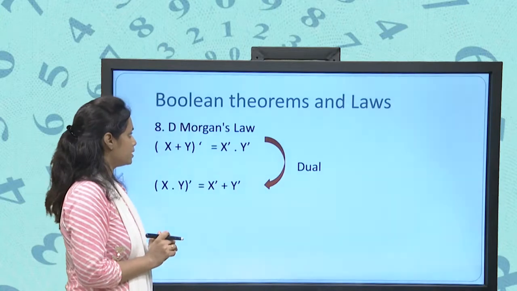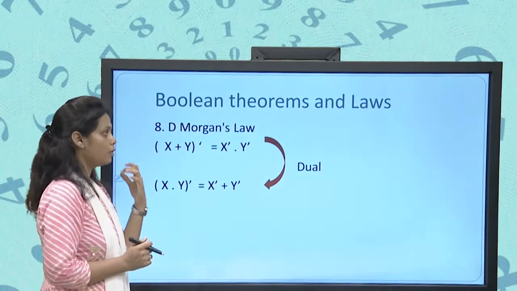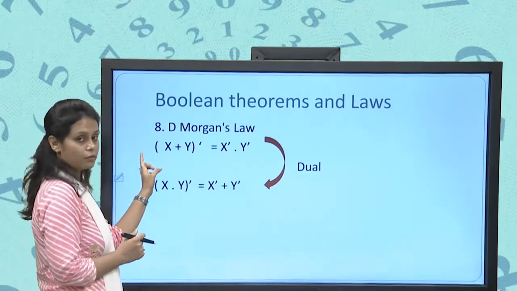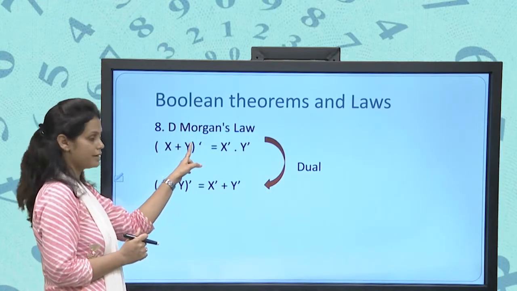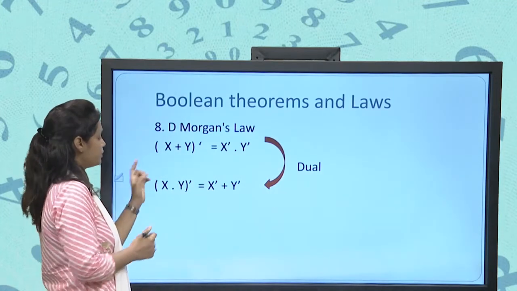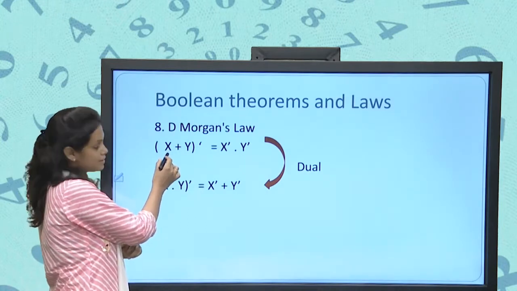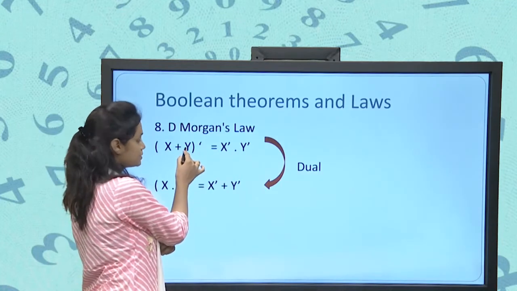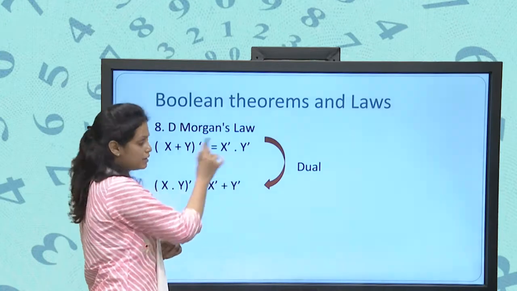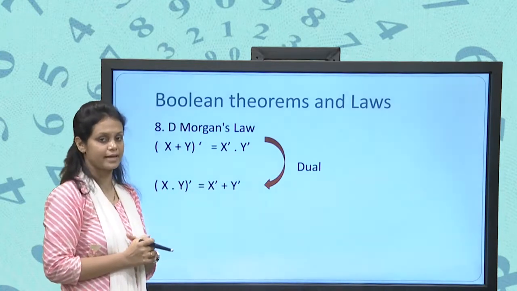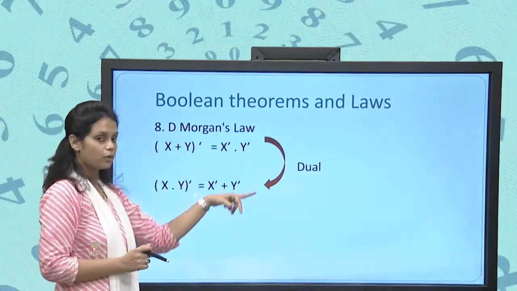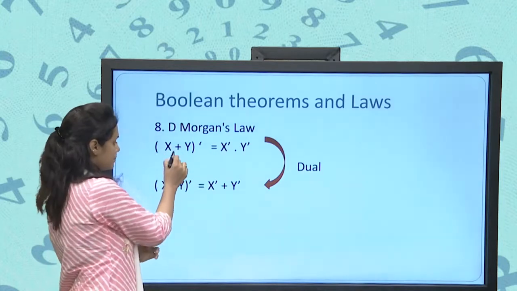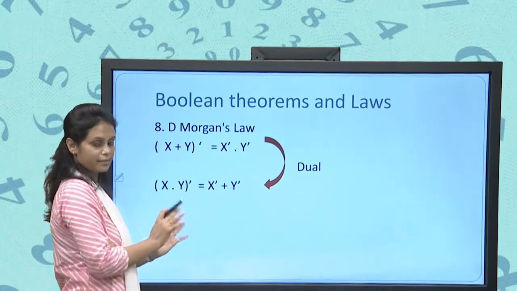So in Boolean algebra, among the Boolean theorems and laws, De Morgan's law is the same as in set theory. First we have on the left side (x plus y) whole dash. How will it perform? First we take the complement of x, that is x dash, then the complement of this plus, that is dot, and then the complement of y, that is y dash, right. So our output is x dash dot y dash. We write the dual of this. What is the dual? x dash stays, plus is replaced by dot, y remains the same, fine.